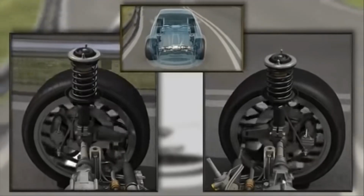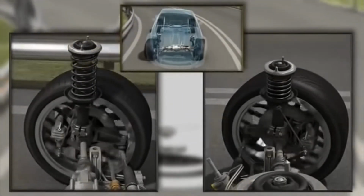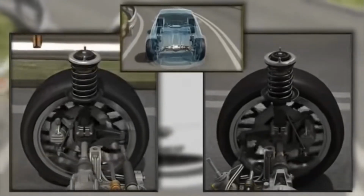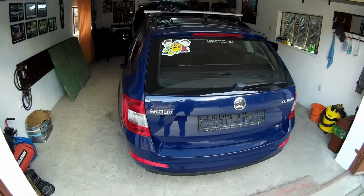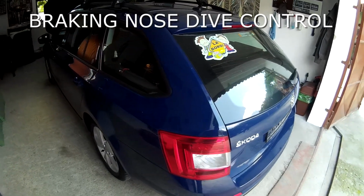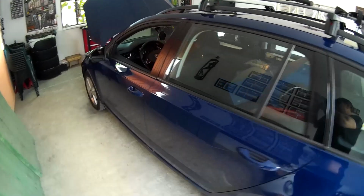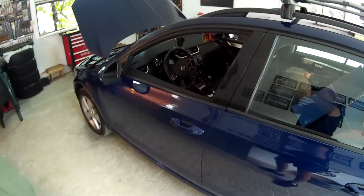Without a shock absorber fitted, your springs would contract and expand continually till the energy stored in them is dissipated. This would make for one hell of a bouncy ride with handling that is completely unpredictable. The roles of shock absorbers are: braking nosedive control. As weight transfers forwards due to momentum under braking, the suspension helps to resist this shift and balance the weight